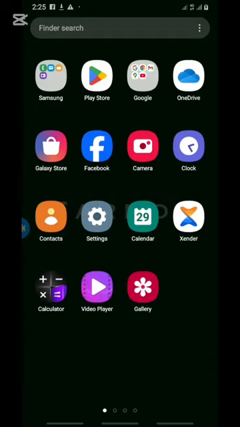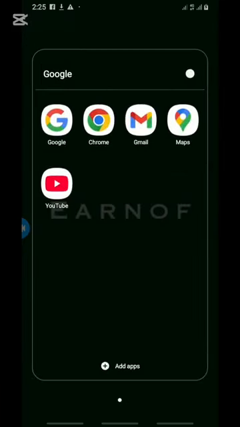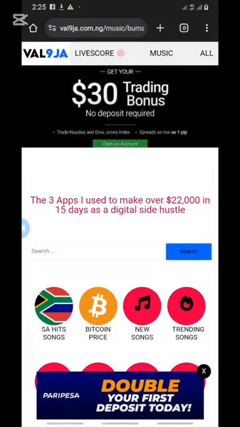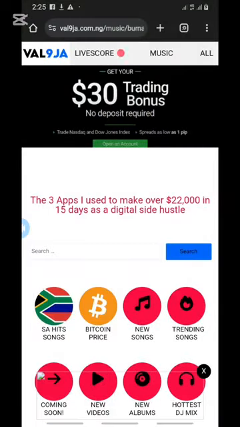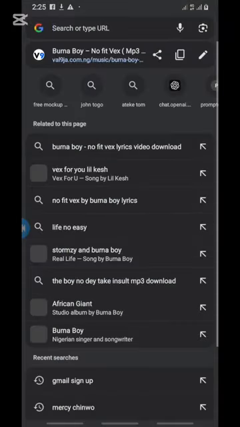Let me show you how you can create a new Gmail account even if you already have a Gmail account. So what we are going to be doing is to log on to our Google Chrome. If you don't have Google Chrome, just find a way to download it using your Play Store. So we're going to come here and then we are going to type